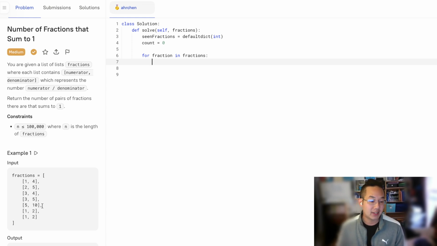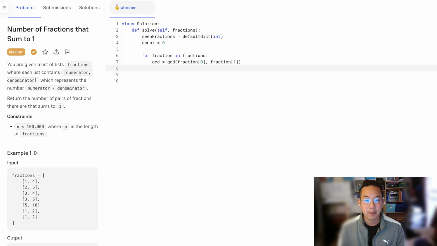If you have a 5 and a 10 inside your seen, 1 and 1/2 is not going to pick that up. So what we're going to have to do is GCD equals GCD of fraction 0 and fraction 1, which is the numerator and denominator